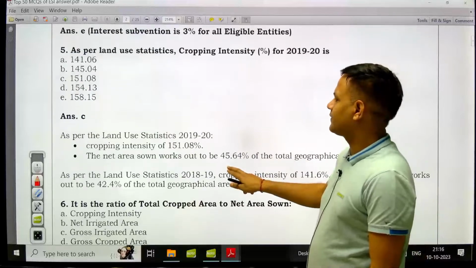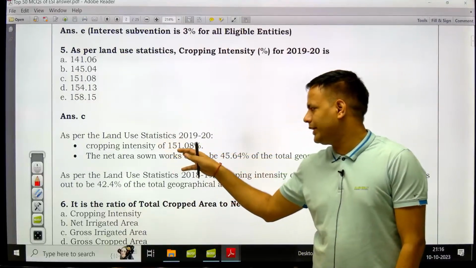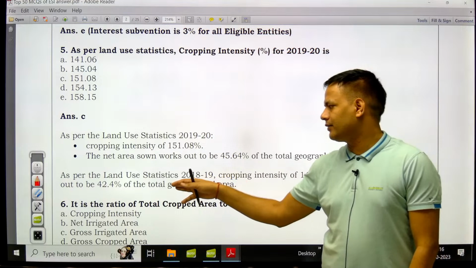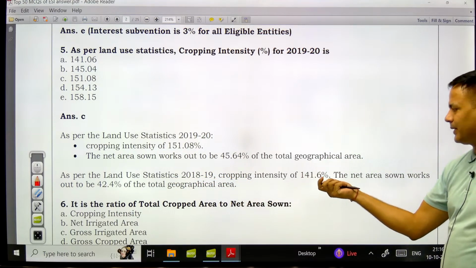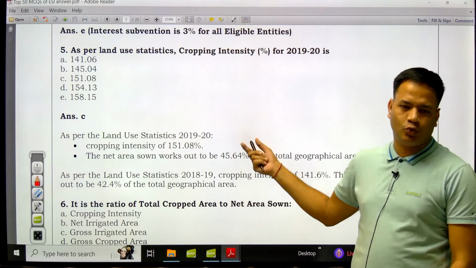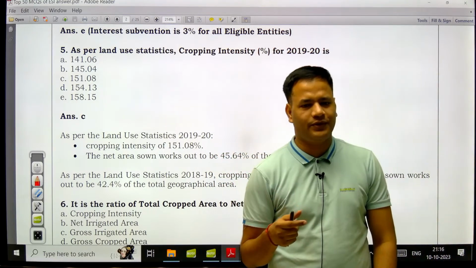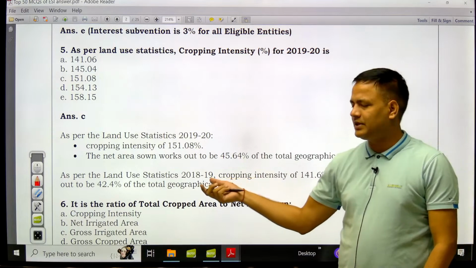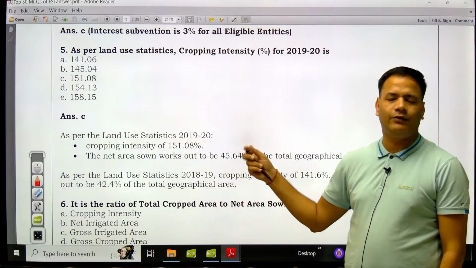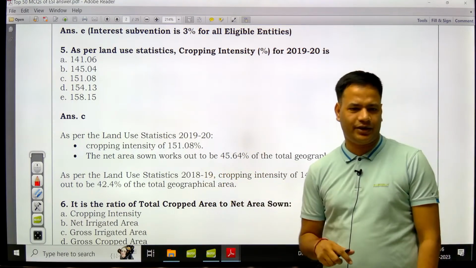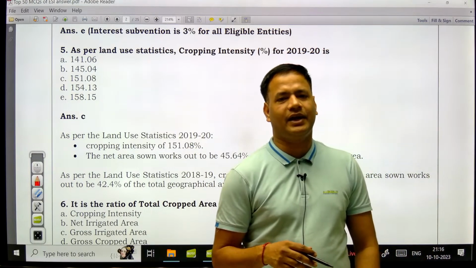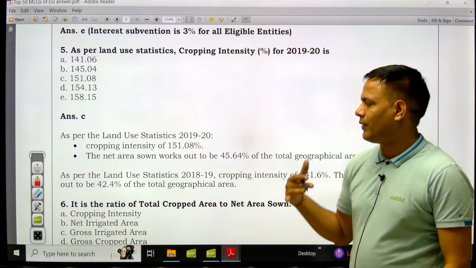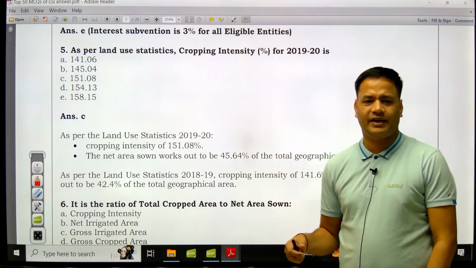So it is 151.08%, and for 18-19 it was 141.6%. As these two are given in two different documents, the Ministry of Agriculture and Farmer Welfare annual report is still using 18-19, but in the document Agriculture Statistics at a Glance for India, our country's agriculture statistics at a glance, in that